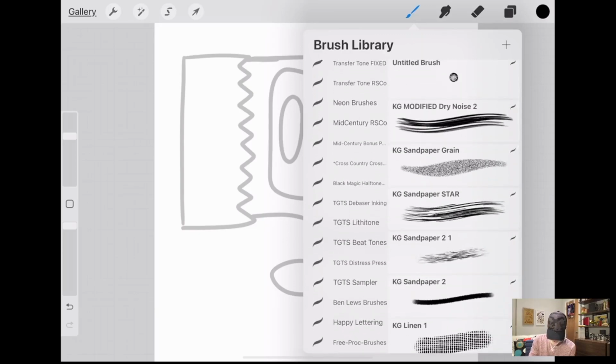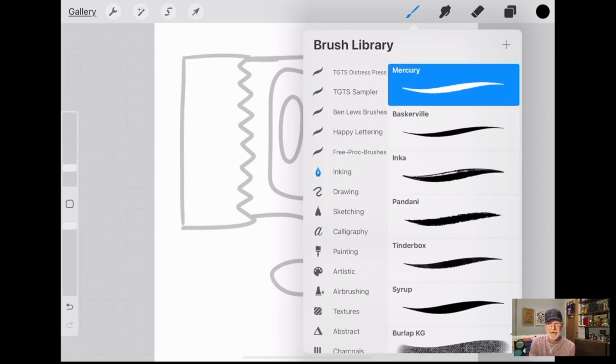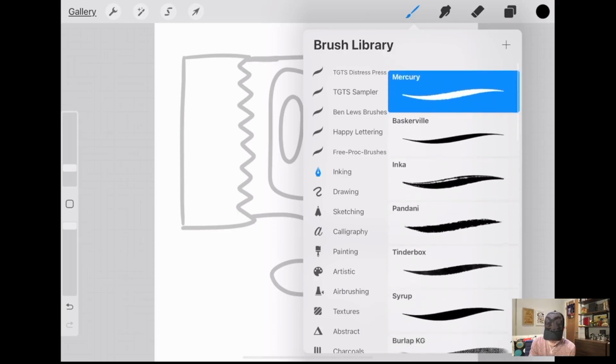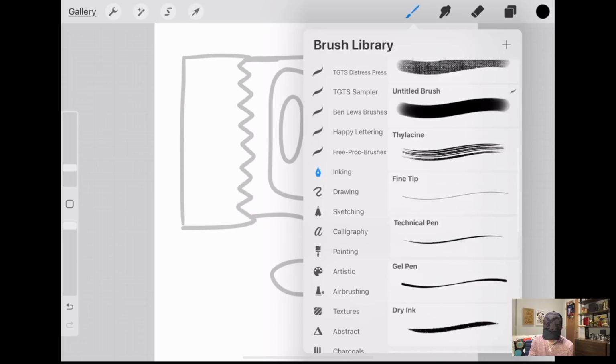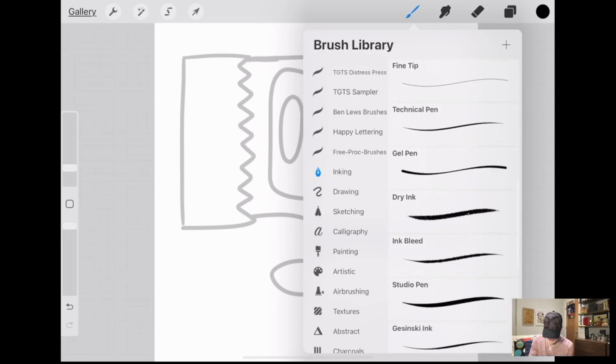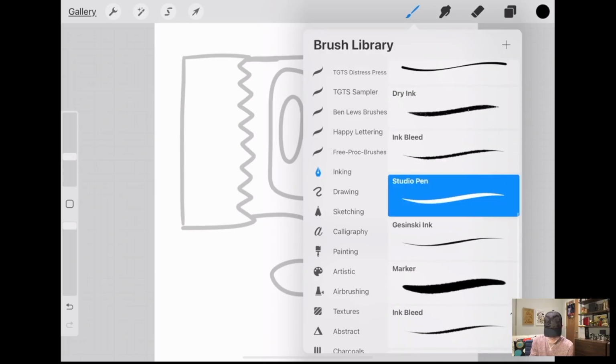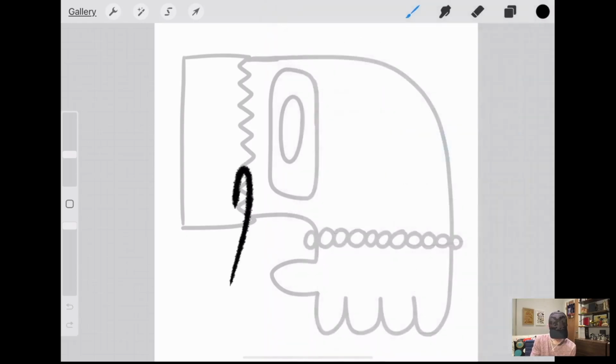I'm just going to pick an inking brush. These are all part of the iPad Pro brush set. You can see each of these, Mercury, Baskerville. You can see all these different textures. For this particular project, I picked a studio pen because I wanted a really clean line, but you could certainly pick some of these brushes with all this texture. This would be a great